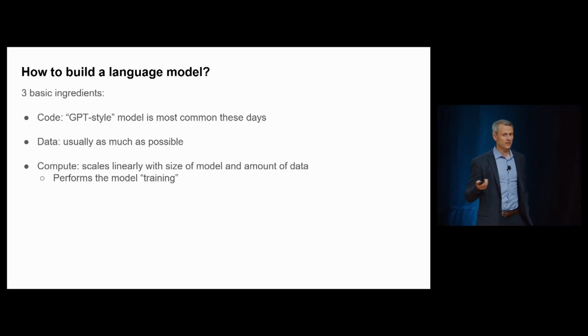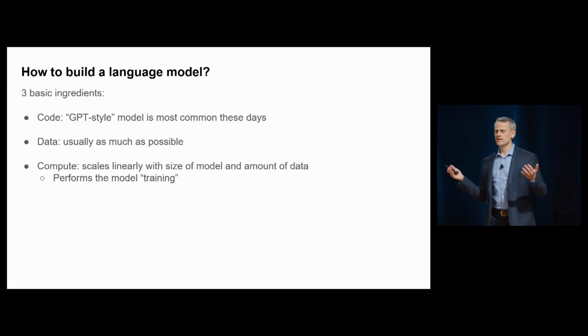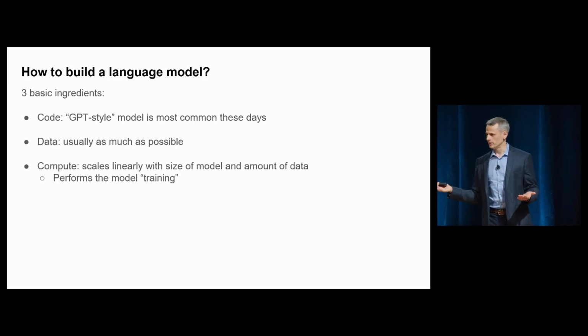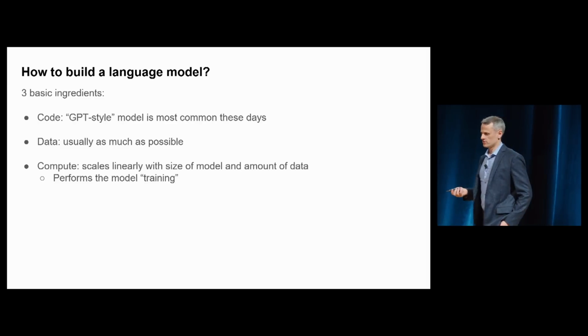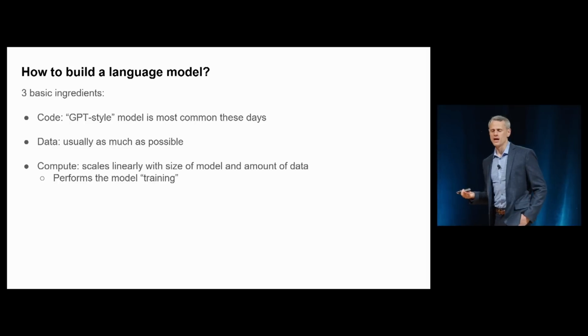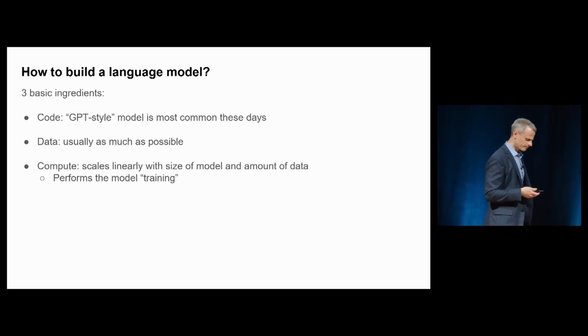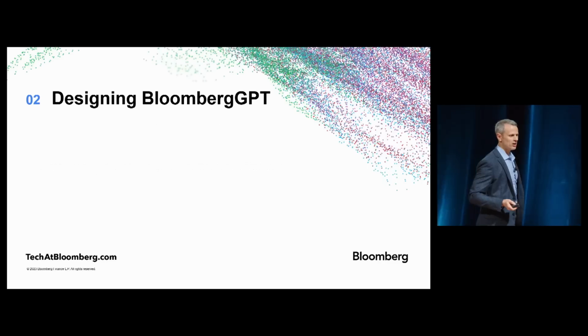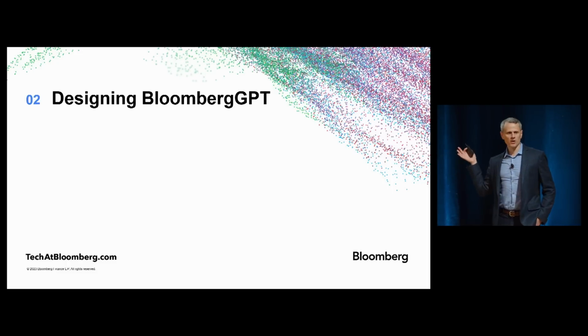Besides code, you need data. Data is the language or the code or whatever it is that you want your language model to learn to emulate. So collecting data is another huge piece. And finally, the compute infrastructure you need to actually carry out the training of your model to fit the language model to your data. So as we talk now about designing the BloombergGPT model,